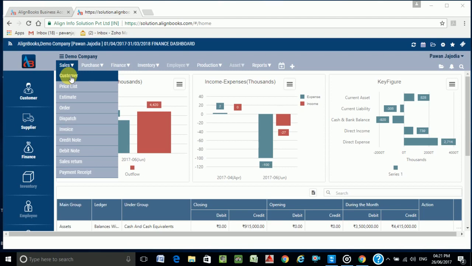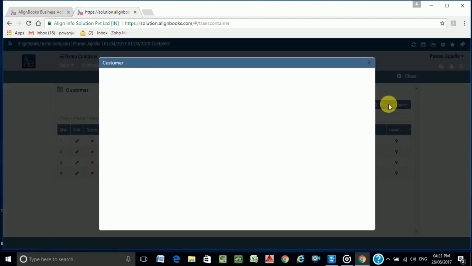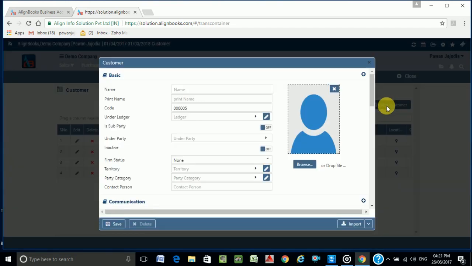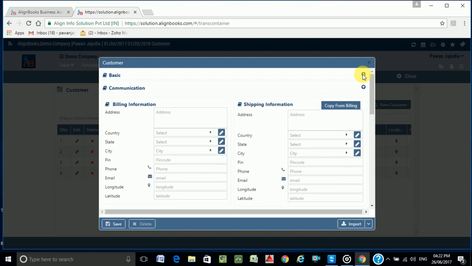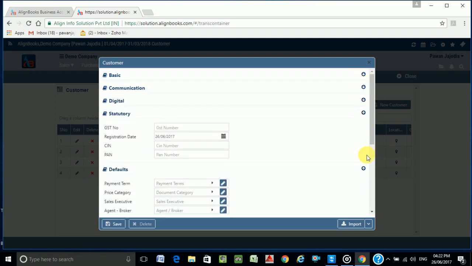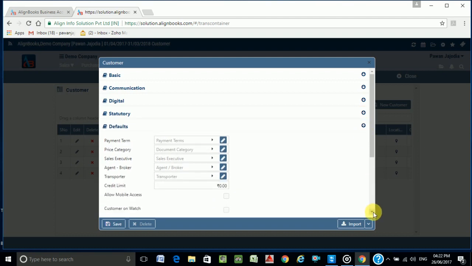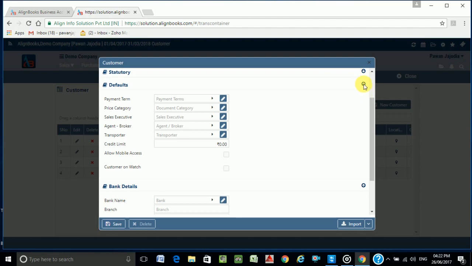Let us have a look at Customer Master. Click here to create a new customer. Here you will have 7 relevant selections where all the required data pertaining to a new customer can be captured. Input the basic information of the customer, billing and shipping address and other relevant information, digital presence of your customer, statutory registration details. Here you define some default values of the customer like payment terms, price category, associated salesman, agents,